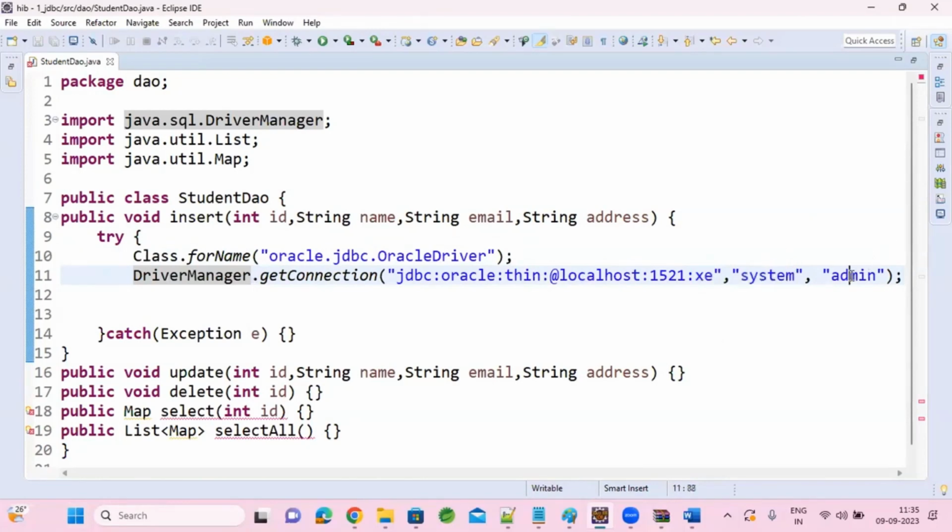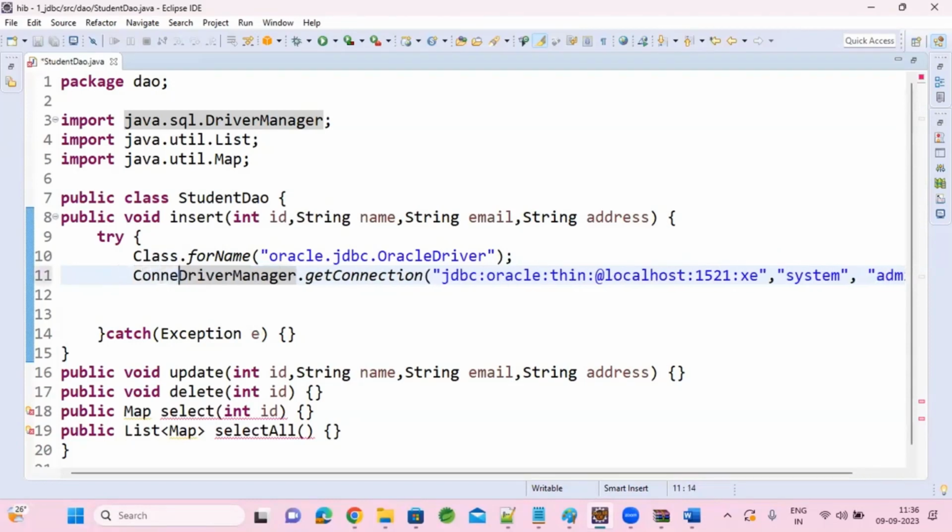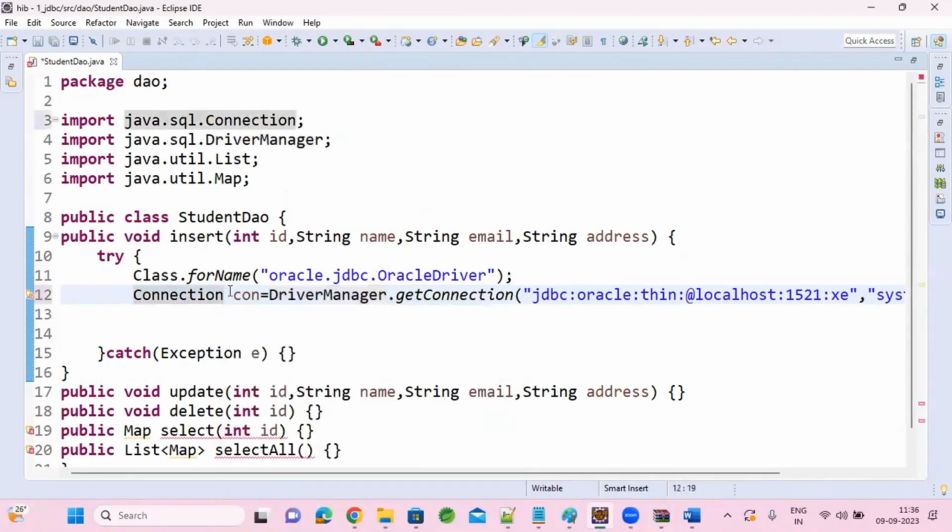If he has the right credentials, it will open one socket for you. It will open one session for you, and it will give that session in the form of a connection. Now your connection is opened. Your connection is open. You can do anything with the database now. Now, using this connection,